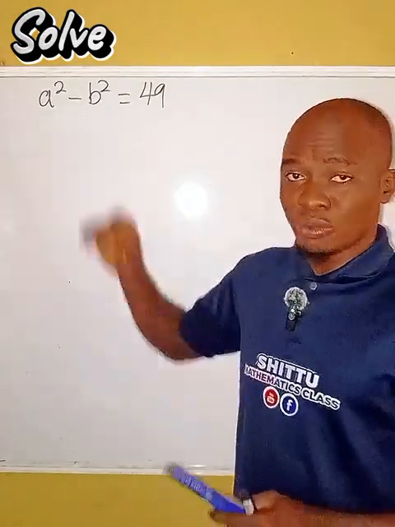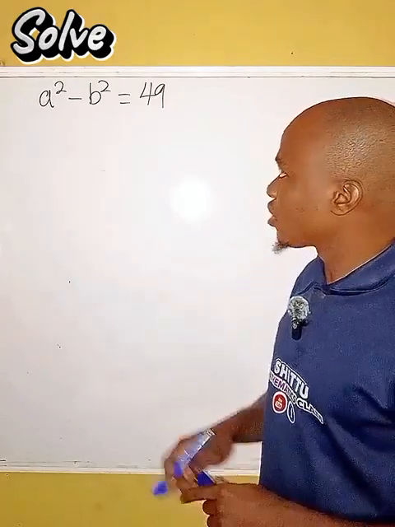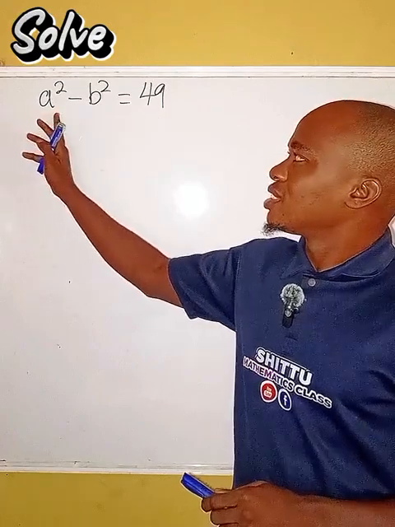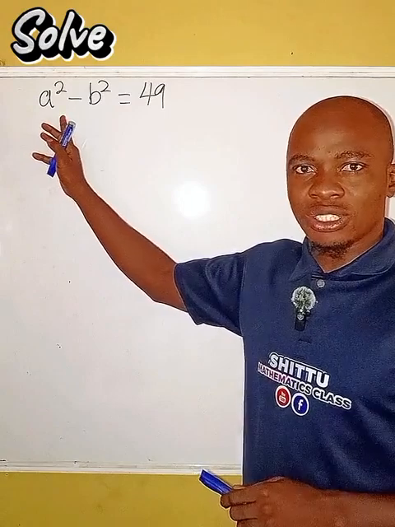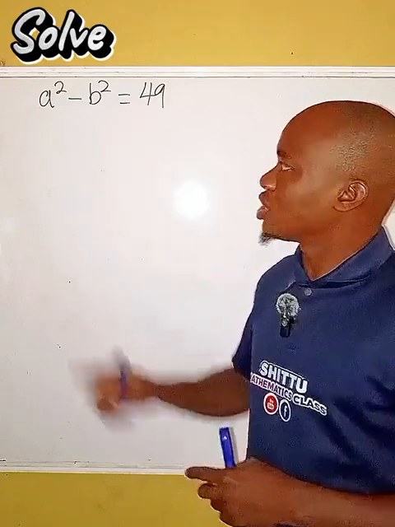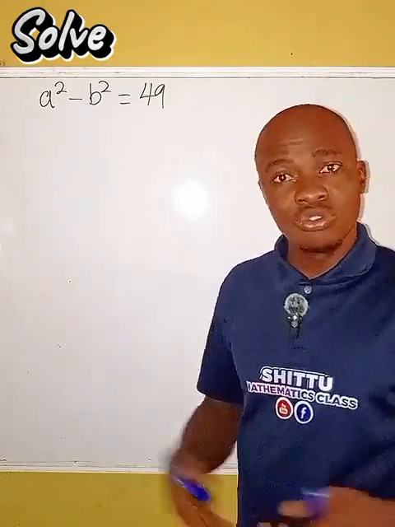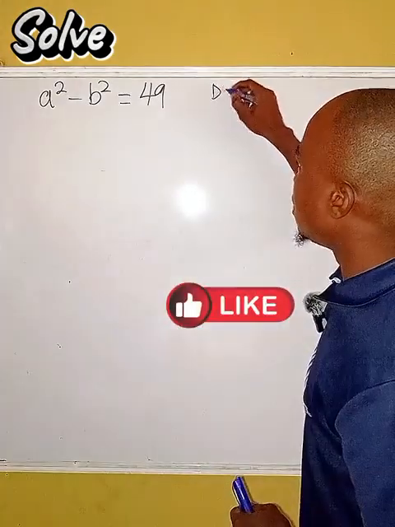We want to solve this problem here. The question says a squared minus b squared equals 49. So now when you look at this equation, what is the name of this type of equation? Or which type of equation is this? We are having just one equation, and here we can see two variables. So therefore, in this kind of equation, we call it